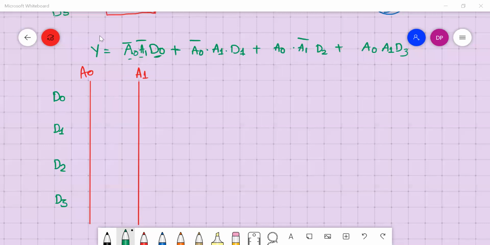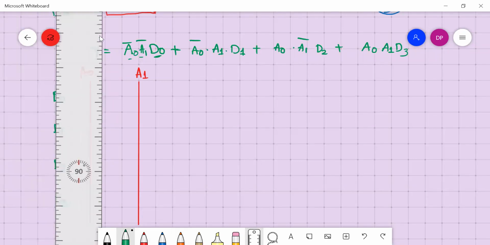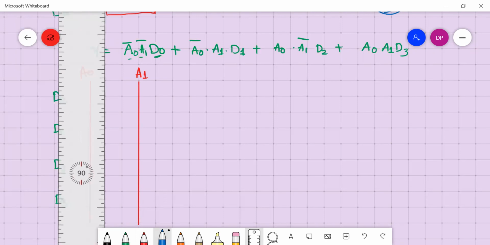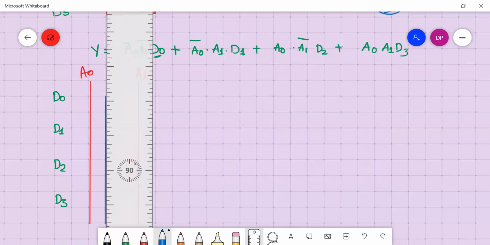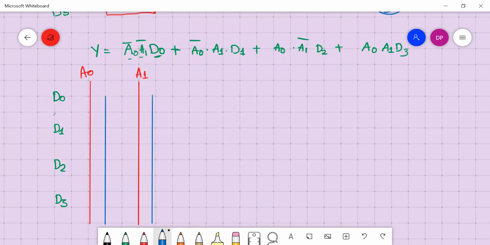So this is D0. The first expression requires A0 complement, A1 complement, D0. So we can do one thing. We will take one more line to make A0 complement, and one more line to make A1 complement.